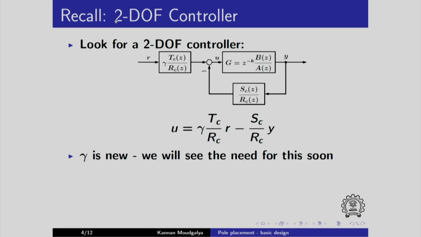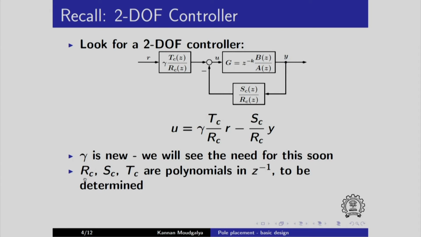Let us recall the 2DOF controller we presented earlier in the first part of this course. The only difference is now we have gamma. You can of course guess that we have this gamma because we used it in the previous slide also. And notice that we have this u, the control effort u, is composed of a signal from here, which is given by this, minus the second signal, that is the feedback transfer function multiplying the plant output y.